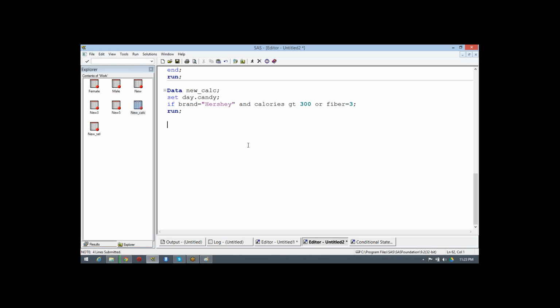Now again, there is a caution when you use the OR operator, so always be aware.